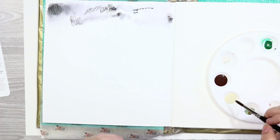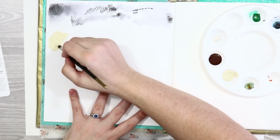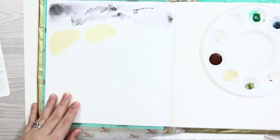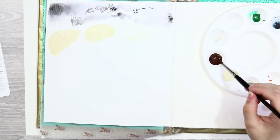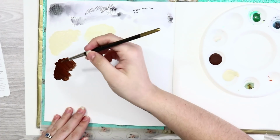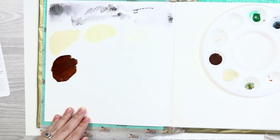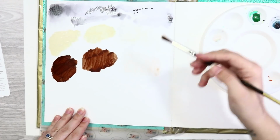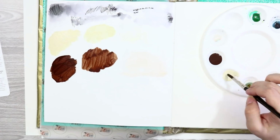The acrylic colours themselves are really lovely to use. They go down really creamy. I didn't really have any complaints about this. I'm not really too clued up on acrylic colour and what to look for and what not to look for, but they went down really well and they dried incredibly quickly as well. And I just mixed a little bit of water with these just to see how translucent they became, and then I let those dry and then mixed the colours together just to see what kind of